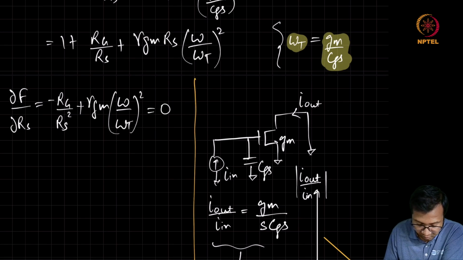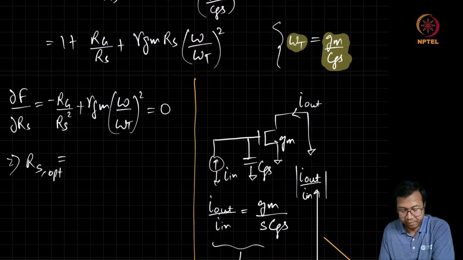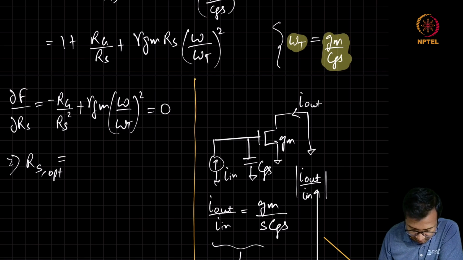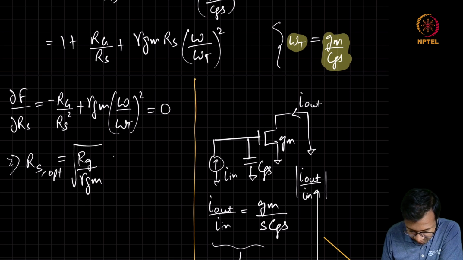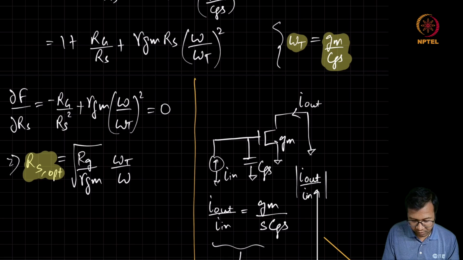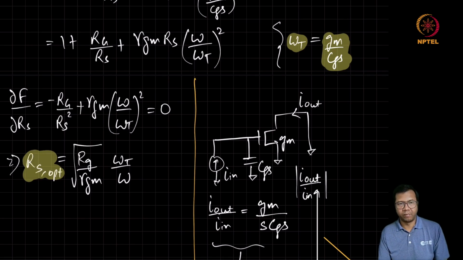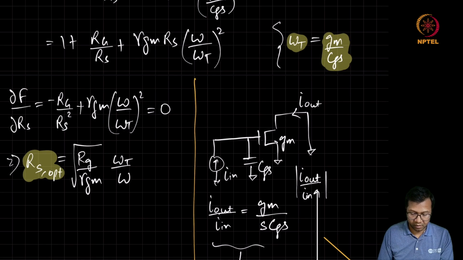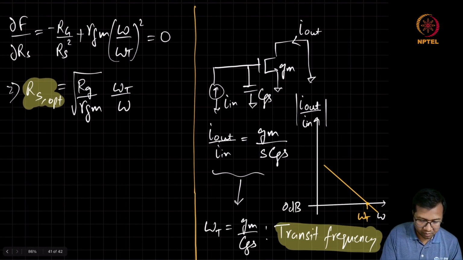If we equate it to 0, we find that this Rs optimum is going to be equal to 3 by gamma Gm into omega t by omega. So there is an optimum source impedance at which the noise factor is minimized, and this minimum